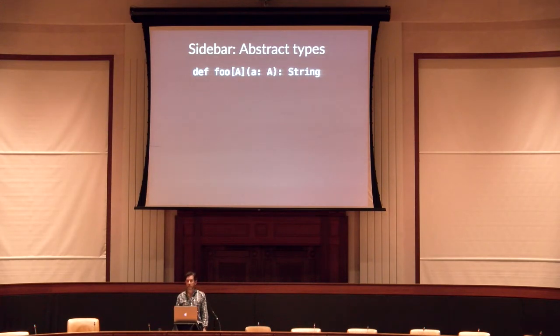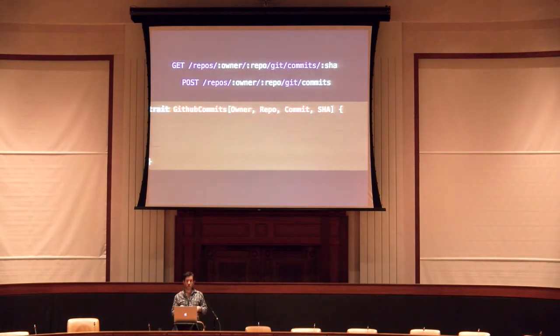Okay, well, here's the other end of the stick. I'm given an A, but I need to produce a String. How many ways could I write this function? Infinite, yes. Well, almost infinite, the size of String, which is infinite. So what am I trying to say here? I'm trying to say that when you have type parameters, these are just names. They're names of types. I know nothing about them.